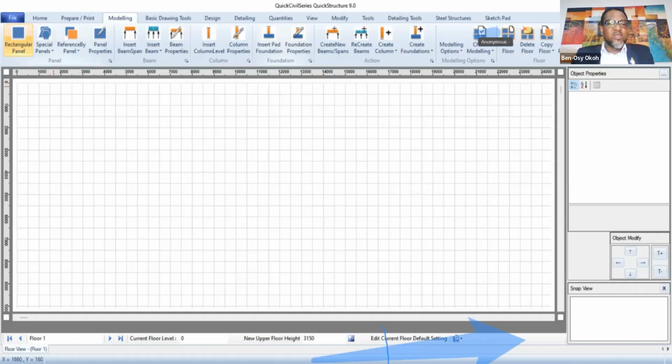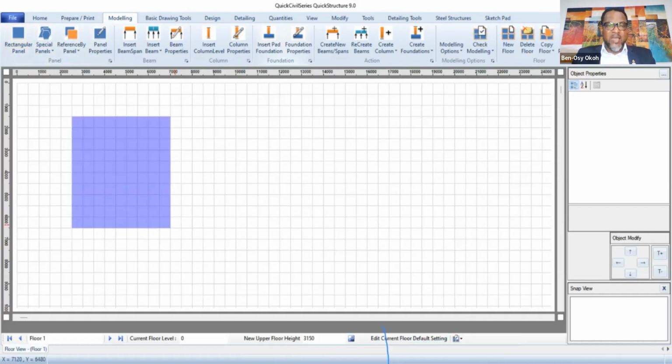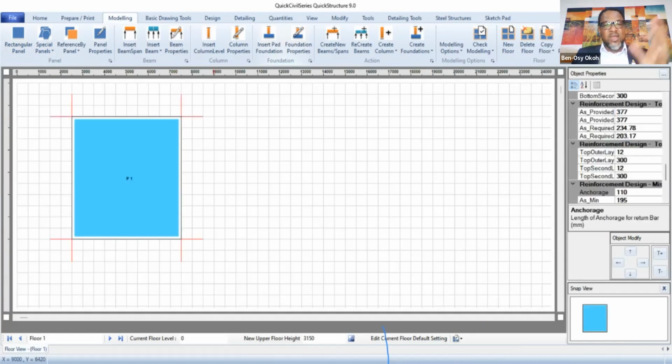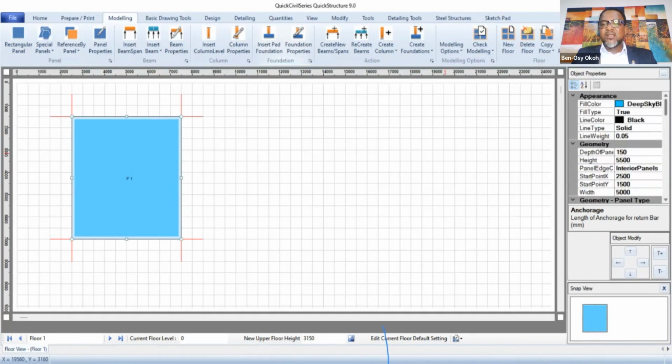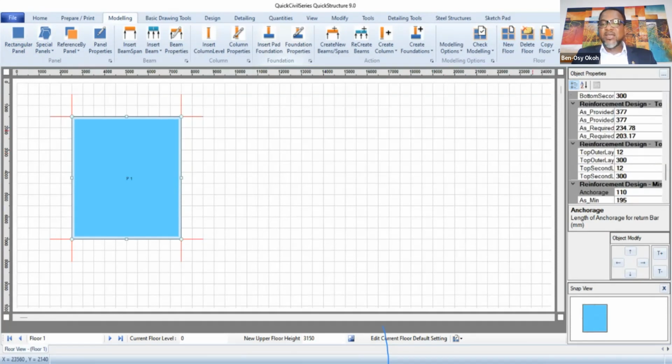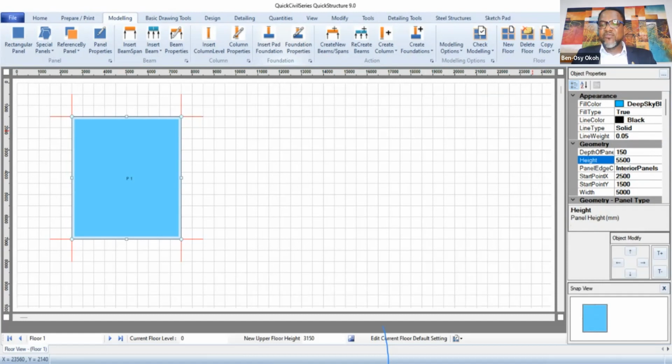So I go to rectangular panel, I click on it, I pick a point. From any side I click. Now, when I click this point, I have not defined the properties of this panel. I go back here. Once I select this panel, I go back. You can see the panel properties. I can say, by default, what I drew gives me 5.5 by, that's height here,